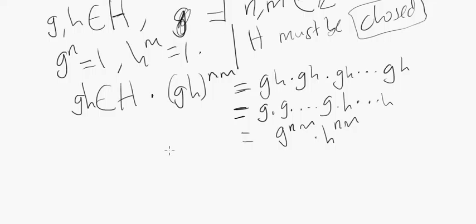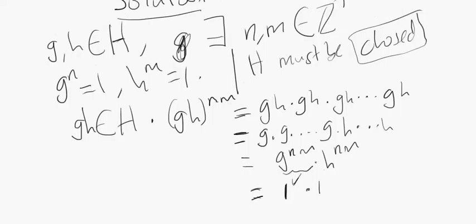And this fantasy of ours would lead us to conclude that since we know that g to the n is 1, g to the nm will be the same as saying 1 to the m, otherwise known as 1, right? This part is just 1. H, we know that h to the m is 1, so h to the nm would be kind of like 1 to the n, which is also 1. And so